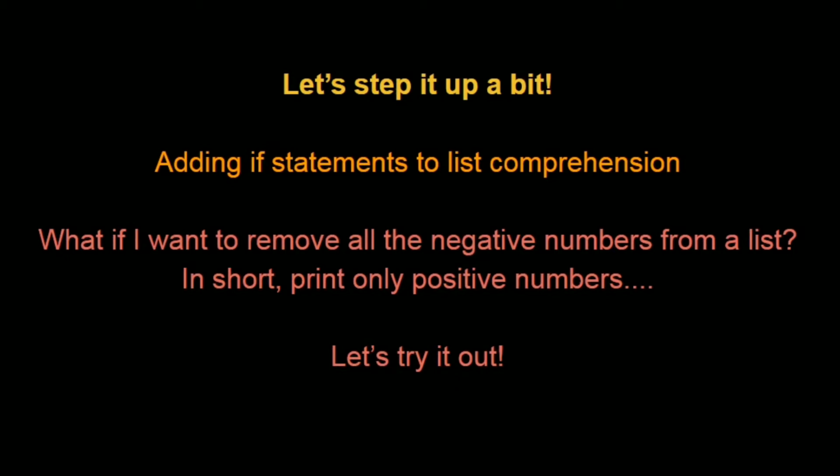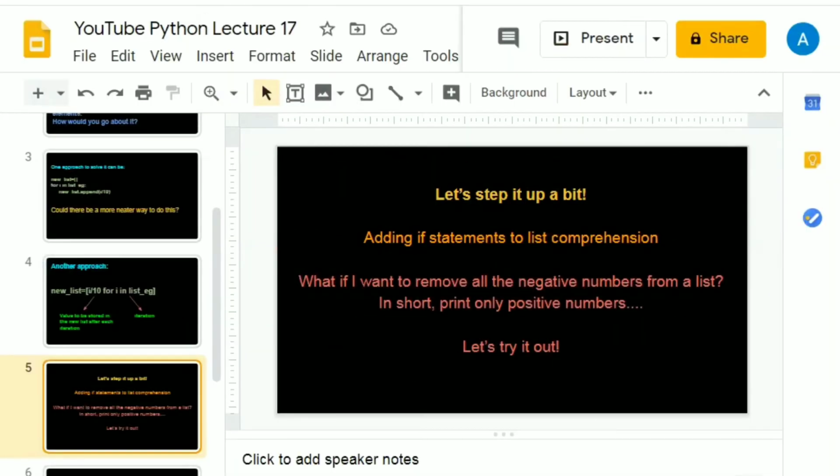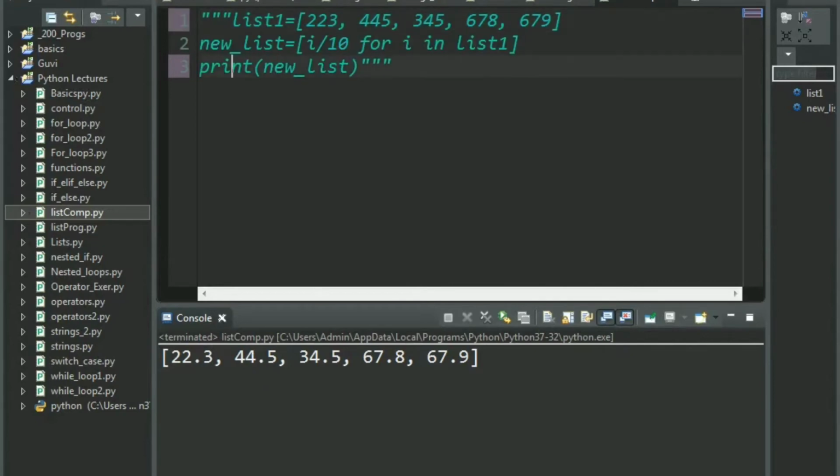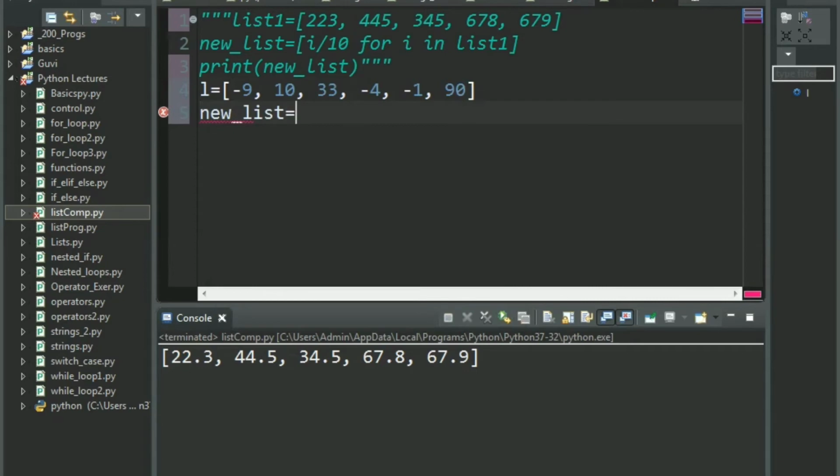Okay, so our question is, I want to remove all the negative numbers from a list, so I basically want only the positive numbers. Let's see how this works. Let's comment the entire thing. Now my list will be numbers such as -9, 10, 33, -4, -1, 90, and so on. Any random numbers that you want to take. Now what I want to do is, inside a new list, I say,